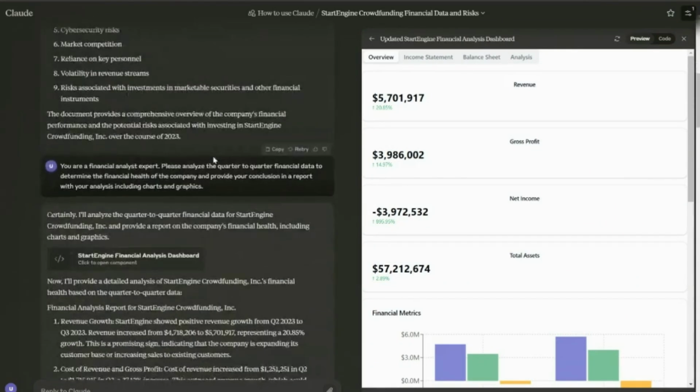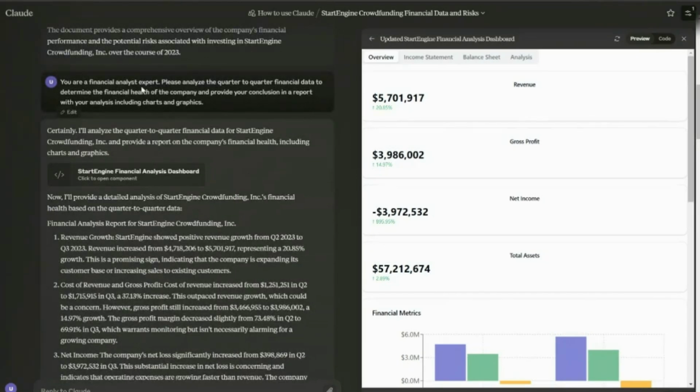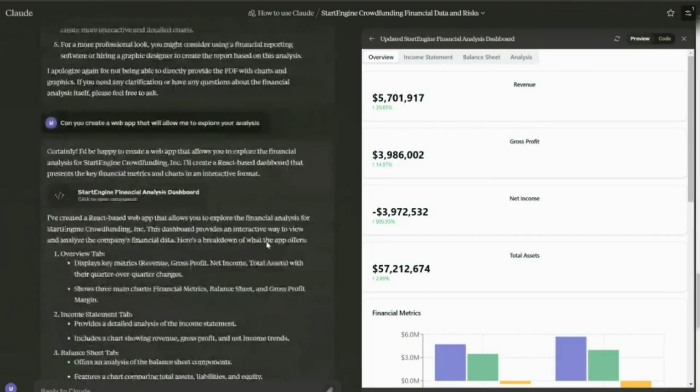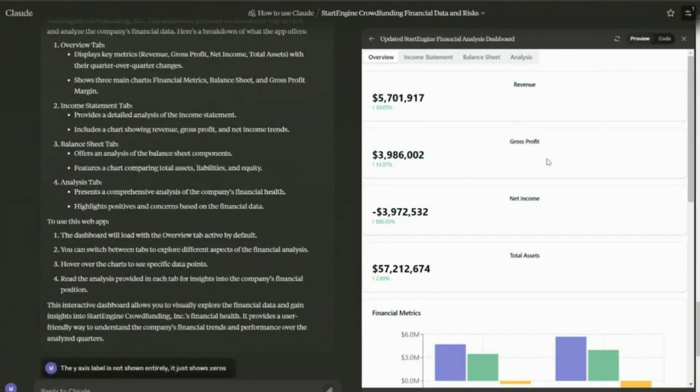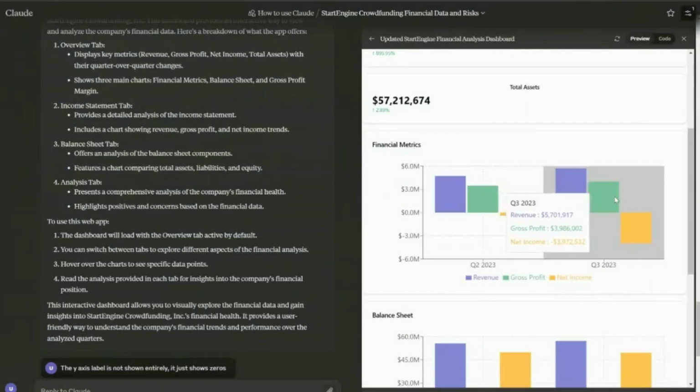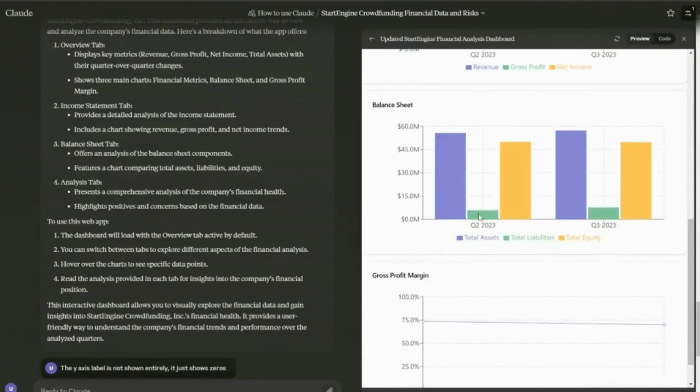And then we fed this to Claude and asked it questions. Can you describe the documents? You can prompt it, basically. You can even chat with it and ask it a question about it. So ask it to please analyze quarter-to-quarter financial data and so on. And the nice thing about Claude is it also creates some kind of web application for you with no code. That's really powerful. As you can see here, it took the data and extracted basically the revenue, the gross profit, total assets. You can see this interactive chart here: 2023 Q2, Q3, gross profit and revenue, balance sheet.